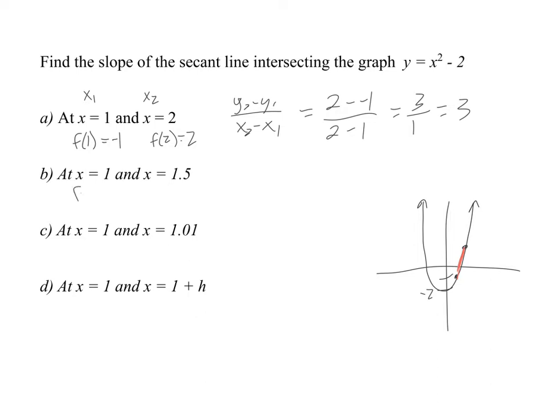So for the second example, we still have 1, so we already knew that that was -1, but what's it going to be now when x is 1.5? So if we move it down from 2 to 1.5, we're going to get a slightly different answer. So 1.5 squared is, what's that, 2.25, I think? Yeah, and take away 2 gives us a quarter. So if we do our slope calculation for this one, we're going to get a quarter,